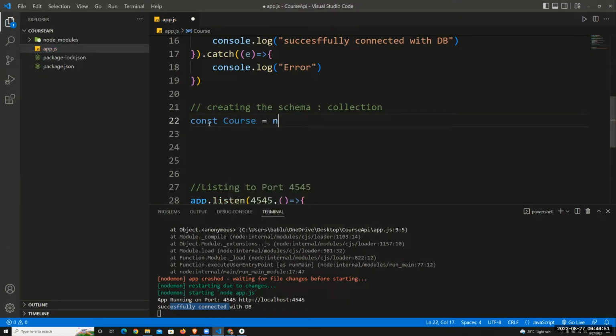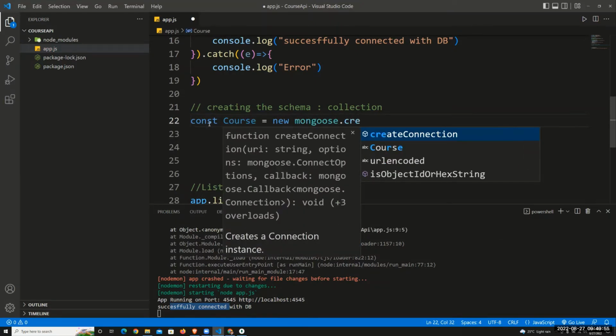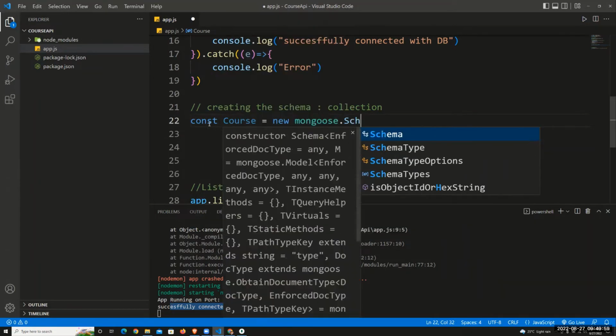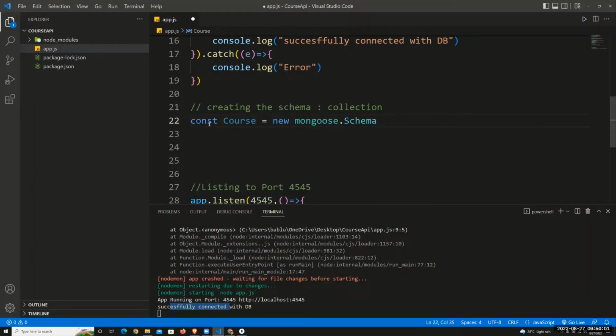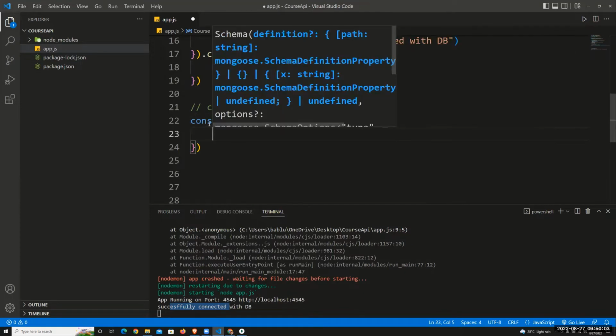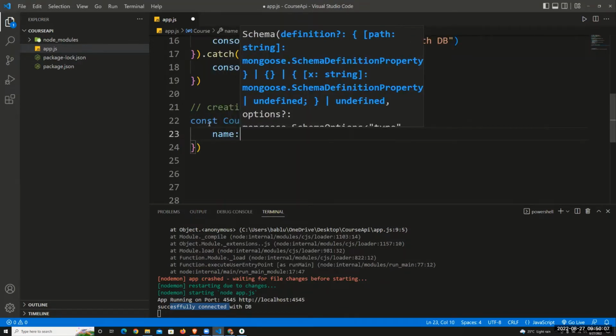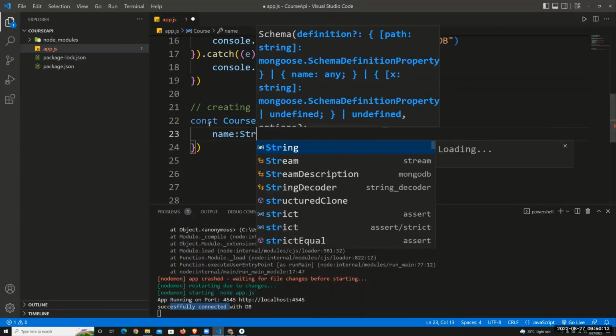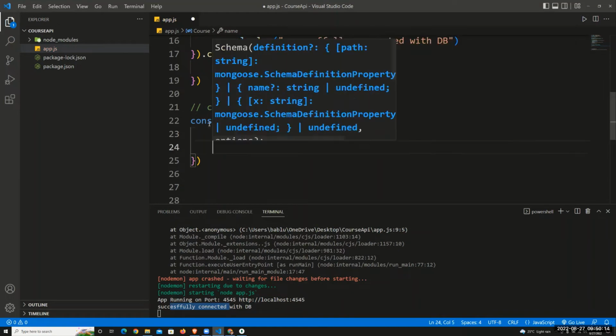कैसे बनाना है? new mongoose.Schema. मुझे स्कीमा में क्या पास करना है कि मेरा कोर्स कैसा दिखेगा, how should my course look. उसमें क्या क्या होना चाहिए मेरे कोर्स में? नेम होना चाहिए कोर्स का, वो कौन सा टाइप का होगा, स्ट्रिंग टाइप का। सो नेक्स्ट मेरे कोर्स में क्या होगा, ड्यूरेशन होगा।